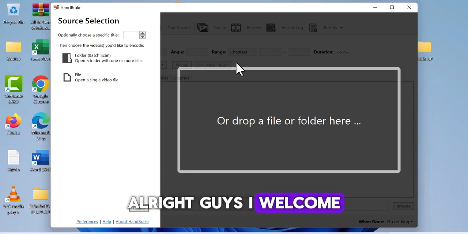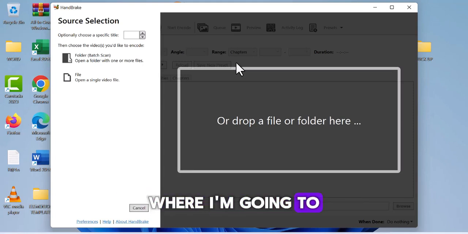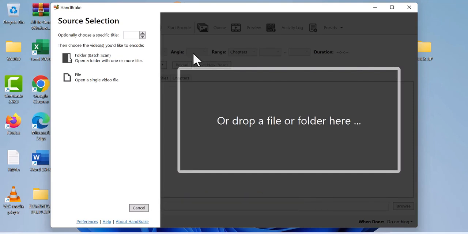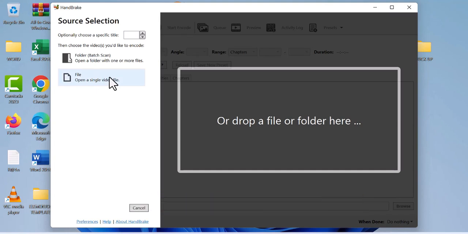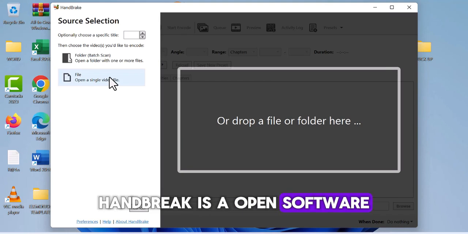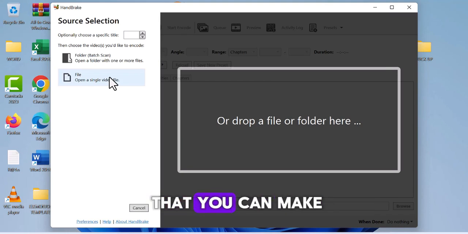Alright guys, I welcome you all to this video where I'm going to show you how you can reduce the video size using this powerful software called HandBrake. HandBrake is an open software which is free online that you can make use of to reduce the size of your